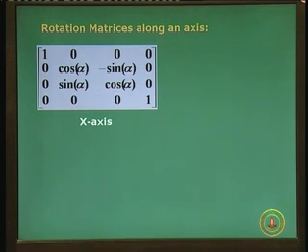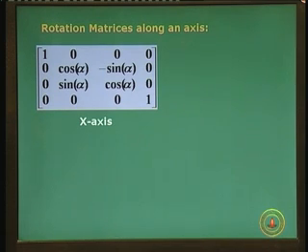As you can see, this form is very close to the rotation matrix in 2D. The main difference is that it was a 3 cross 3 matrix in the homogeneous system in 2D, and it is basically a 4 cross 4 matrix in 3D, because in the homogeneous system you have 4 parameters. In 3 cross 3, if you remember, there were of course the cosine alpha and minus sine alpha. Alpha is the amount of rotation about a particular point or the origin. In 2D now we are rotating about the x axis.